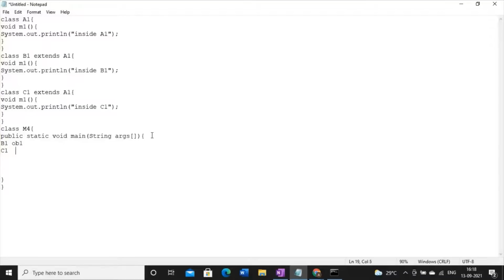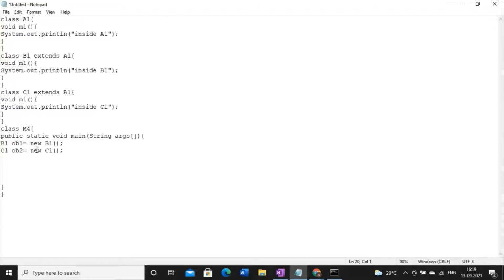So this is OB1 and say this is OB2. So hierarchical inheritance is created.